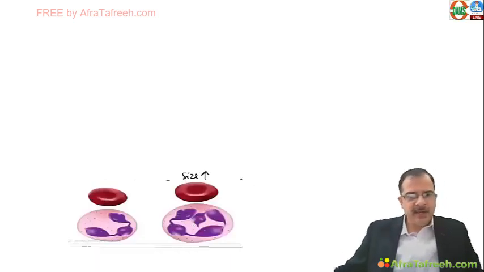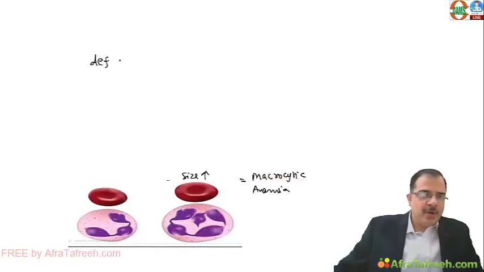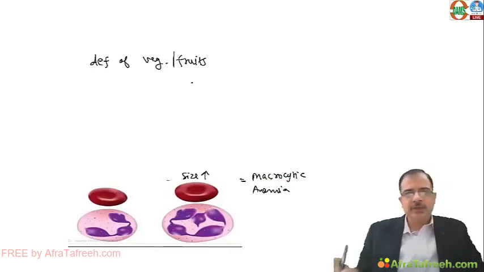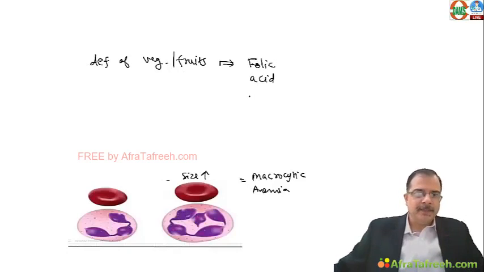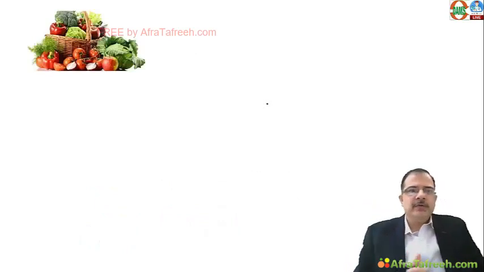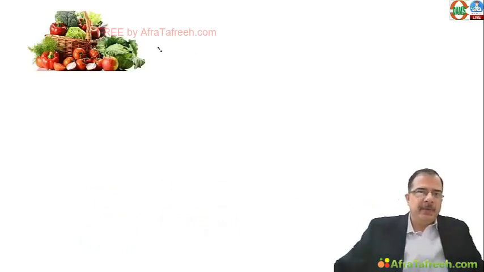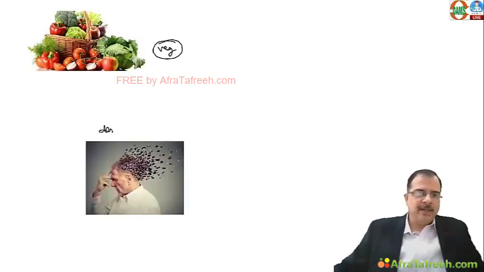While the patient has this picture, the RBC size is increased, macrocytes and hypersegmented neutrophils are there, with lobes. So the patient is having a macrocytic anemia, and in the clinical history, there is a deficiency of vegetables and fruits in the diet. Indeed, this was the question which came. So the deficiency of vegetables and fruits leads to folic acid deficiency. So always try to see the predisposing factors.